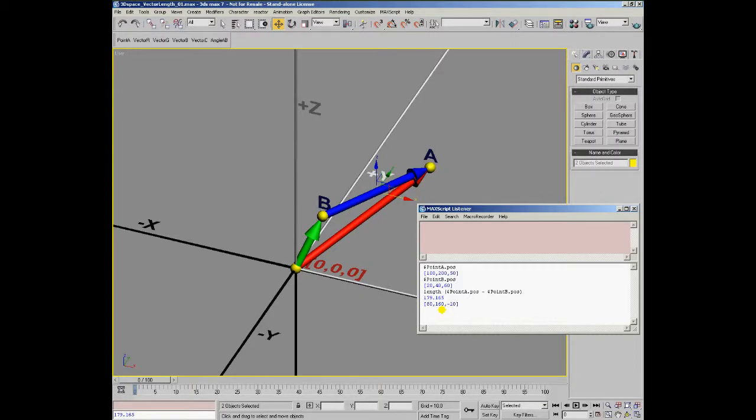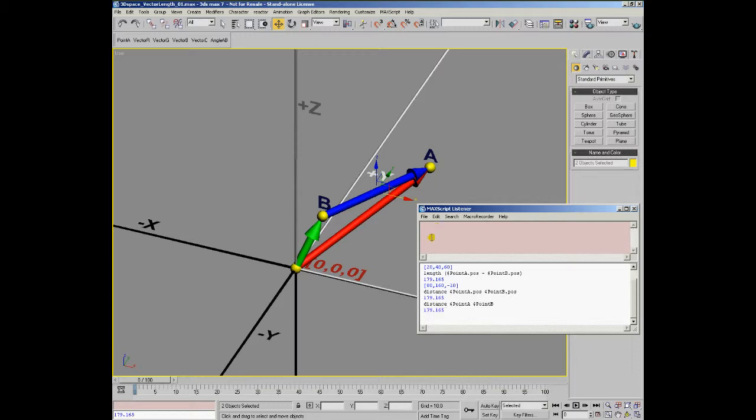and in this case is 179.165. This is the same as the result from the distance method, where we can pass the two positions of the points A and B, and the result would be exactly the same, 179.165. Even better, MaxScript recognizes nodes, which always have a position in 3D space, and supplying only the nodes instead of their positions would still calculate the distance between the two nodes, between the pivot points, correctly and return exactly